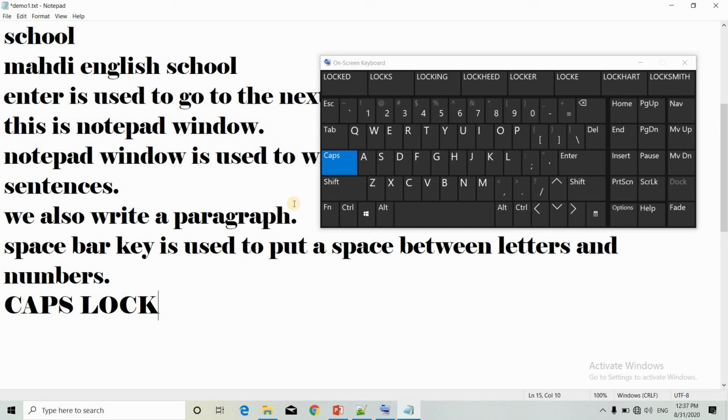So now I want to write in a small letter though. So what I have to do? Again press the caps lock key. See the difference, the letter should be in the small letter. So the caps lock key is in small letter. So all the letters are written in the small. Now you can see that